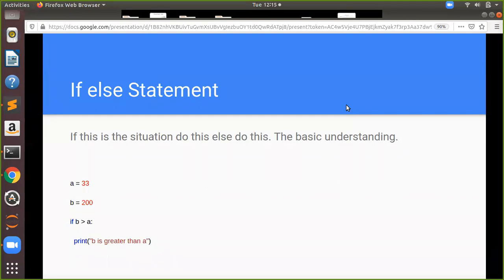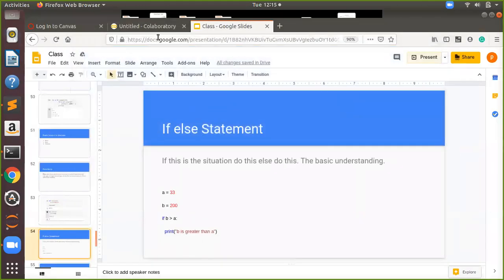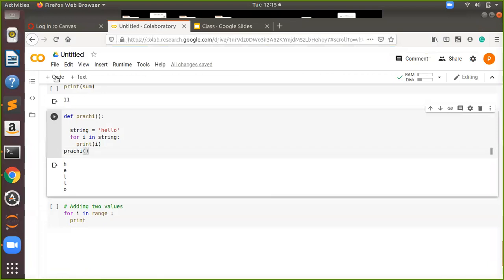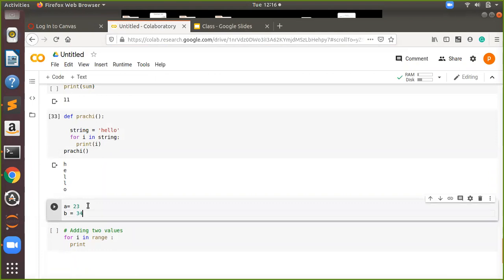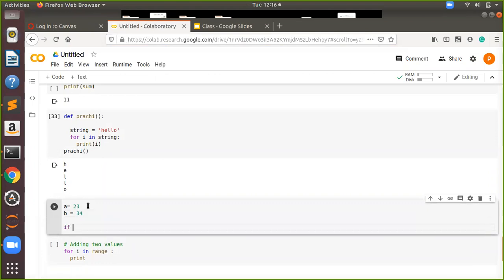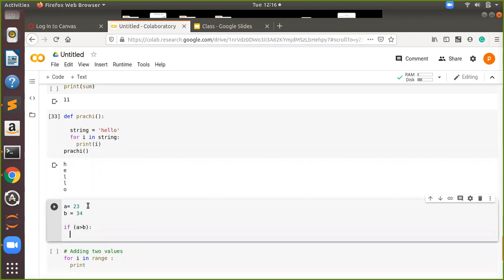Here, I have given two variables. A is equal to 33, B is equal to 200. If B is greater than A, I have to print B is greater than A. Now let's write it with the if and else statement. I have A is equal to 23, B is equal to 34. If A is greater than B, print